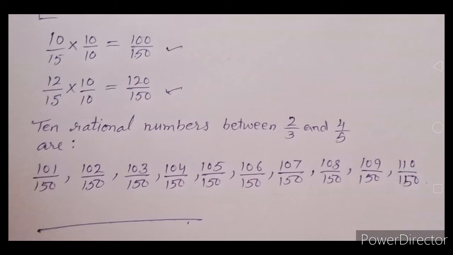This is the way to find rational numbers between two given numbers. Just equalize the denominators, and you can easily find whether any number will be there. This is the method. Just equalize the denominators and find as many rational numbers as you want. You can multiply by any number according to the situation. If you need 50 numbers, you can multiply by 1000 also. You can multiply by 50, by 40, by 30, any number you can use.